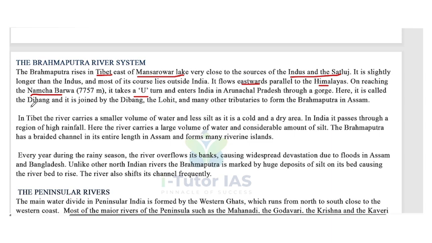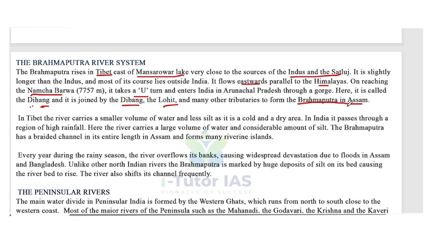Here it is called Dihang, and it is joined by the Dibang. After entering Arunachal Pradesh, it is known as Dihang, and it is joined by the Dibang, Lohit, and many other tributaries to form the Brahmaputra in Assam. So the Brahmaputra rises in Tibet east of Mansarovar Lake, and when it reaches the Namcha Barwa, it takes a U-turn and enters India in Arunachal Pradesh. Then it is called Dihang, and the Dihang is joined by the Dibang, Lohit, and many other tributaries to form